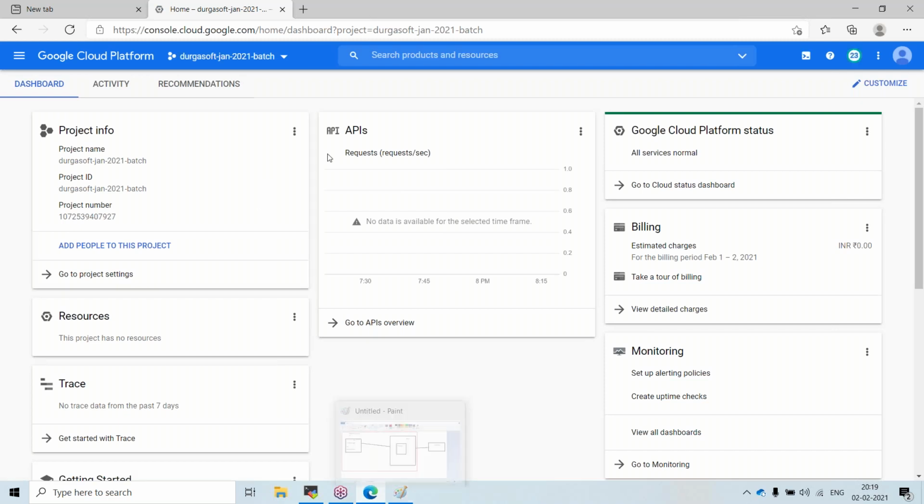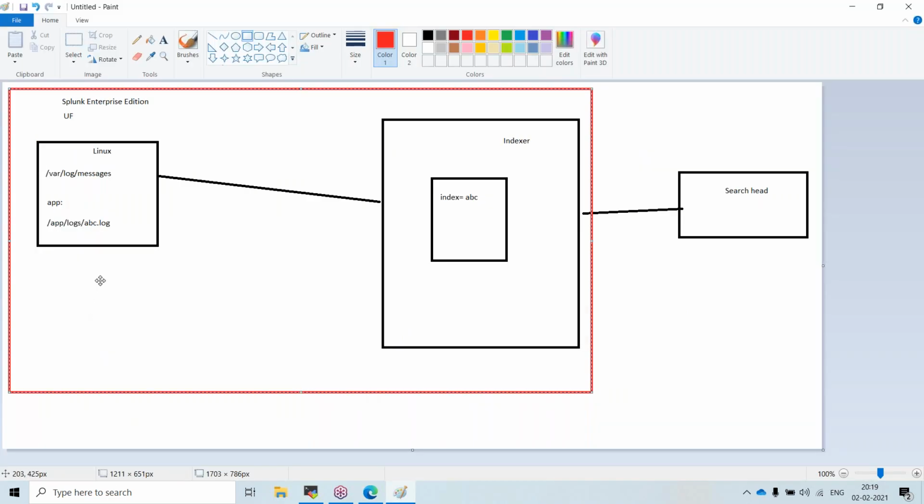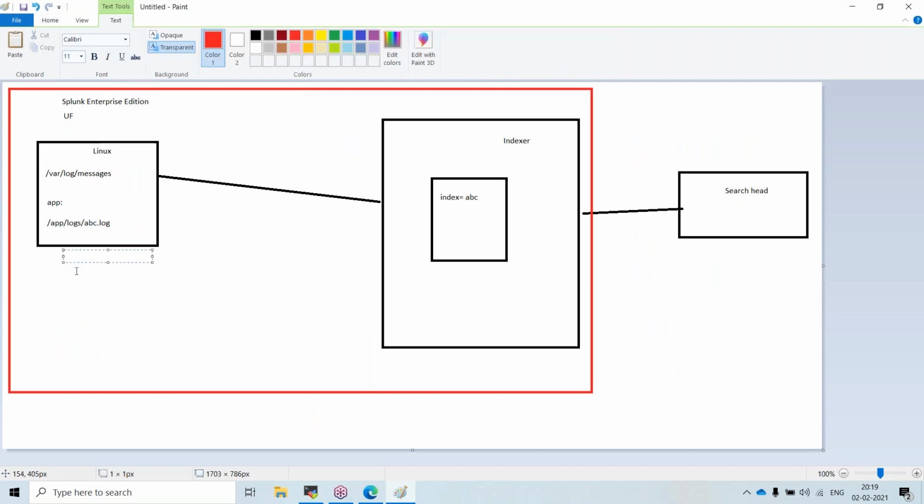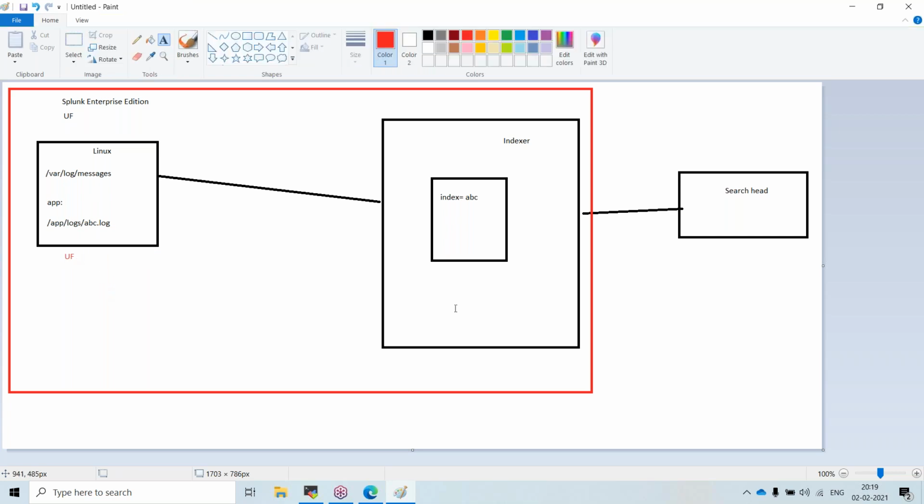We will be creating the lab over here. To ship the logs, I have to have the Universal Forwarder, the software which will act as an agent. Basically, it will ship the logs from here to my indexer.